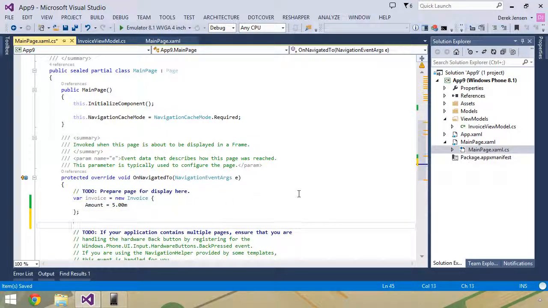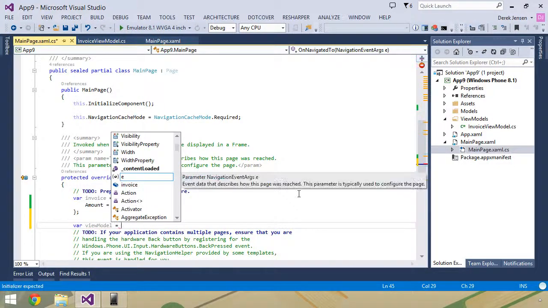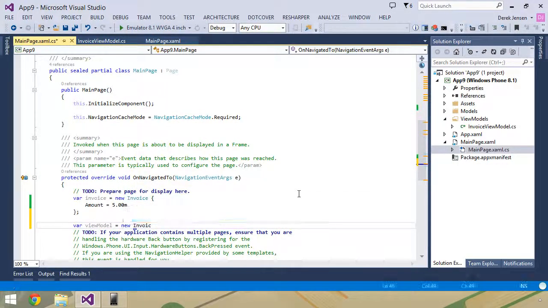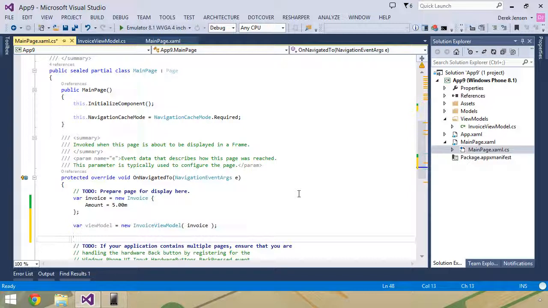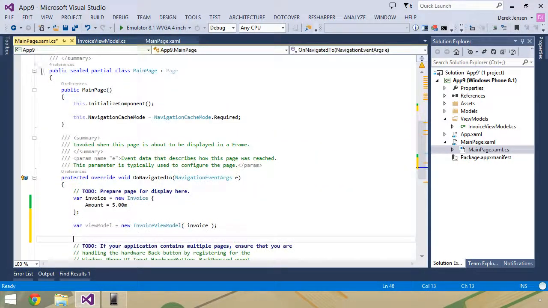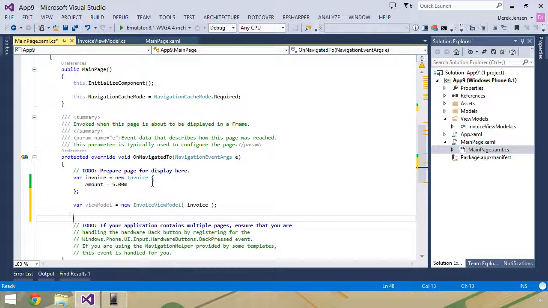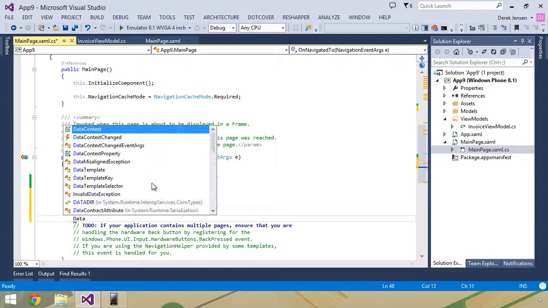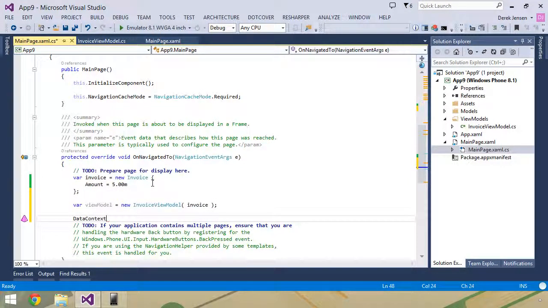So now what we want to do is create a new instance of our view model. So we'll say our view model is going to be equal to a new instance of our invoice view model, and we're going to pass into it our invoice. So now we have that view model. We need to actually set that view model up so that this main page.xaml knows about it, and the way that we do that is by specifying the main page's data context and have that actually be set to our view model.